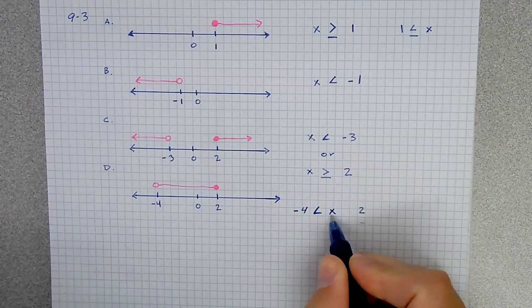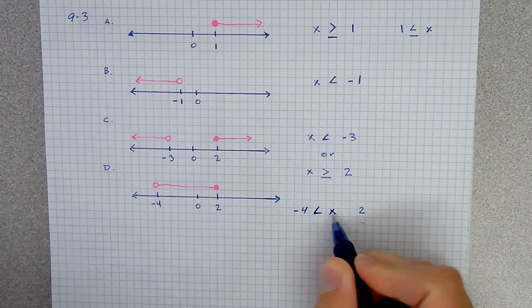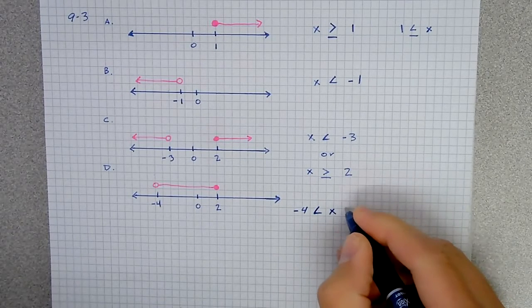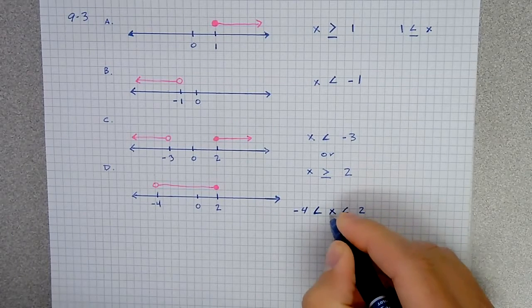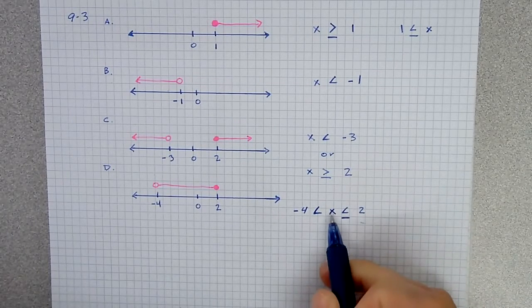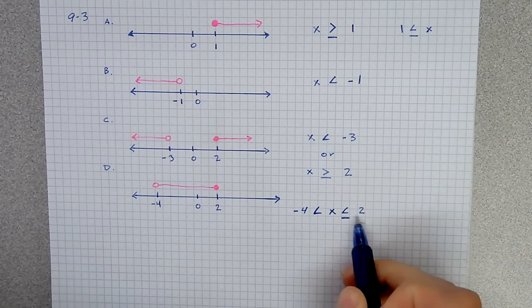Okay, so our first one should be -4 is less than x. Or should be stated basically as x is greater than -4 and x is less than or equal to